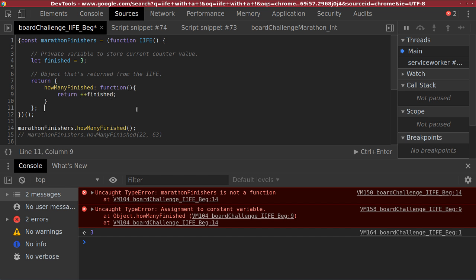So that plus plus now has to come to there. And when we run it, we get 4 instead. Yeah, so quite a few little steps to that one for a beginner one, but